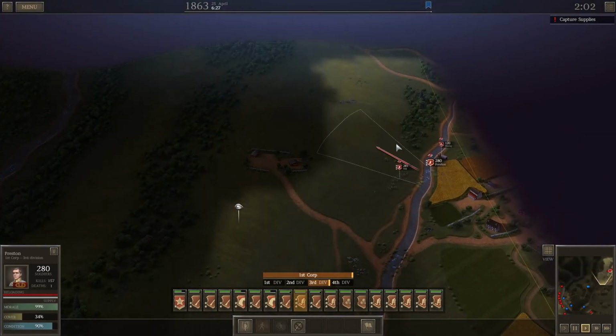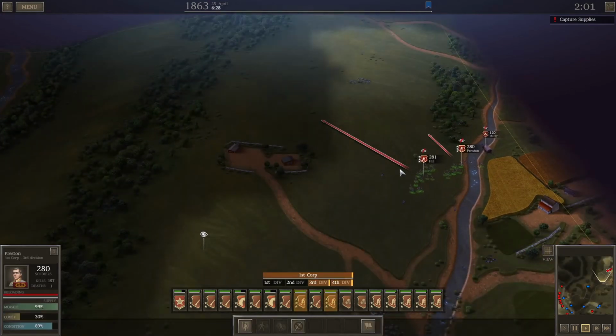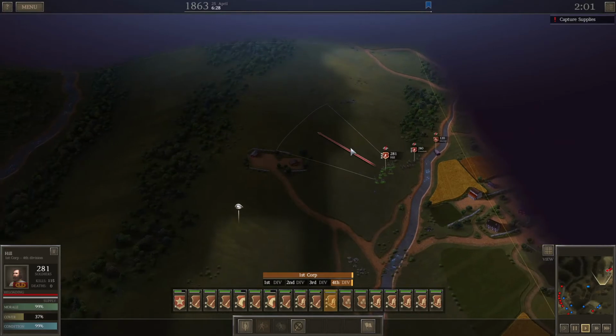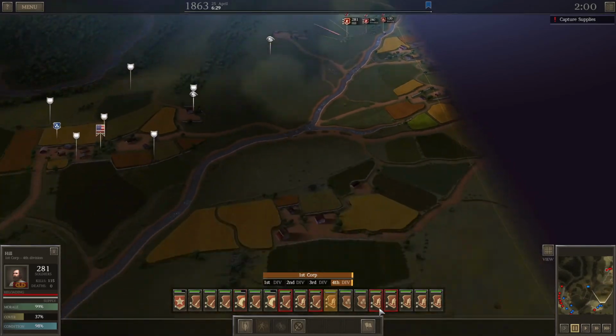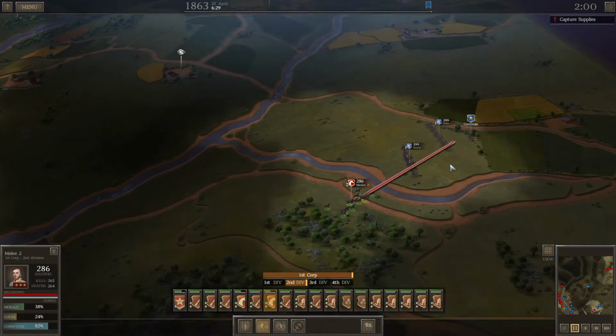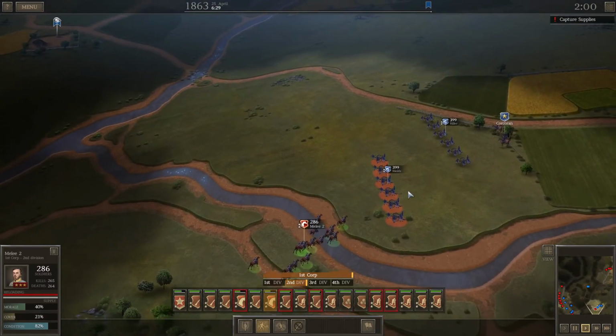That's the biggest problem. These snipers do really good work against artillery. The problem is that they don't actually get the kill. They just, like, drive them off and things like that. So yeah, 2 units of artillery over here, they'd be completely...